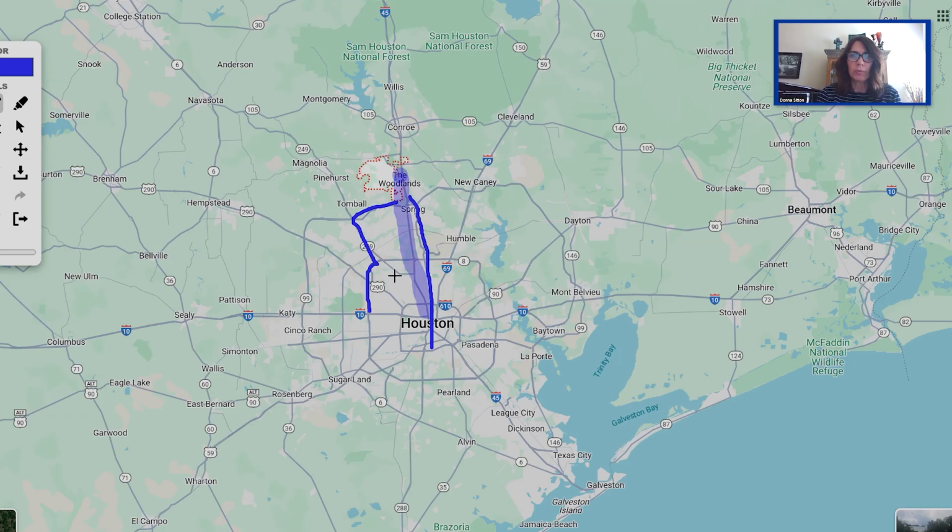This is the Beltway. This loop right here is the Beltway. It goes all the way around. We have a loop system here in Houston. So with our freeways, as you can see, you have the 610 loop. Everything inside the 610 is called the inner loop. Then you have this outer loop. And then we've created this other outer loop with 99. It's kind of handy. Then you have all these little chutes to get you in. The problem is this 99 is all toll road, so it can get pricey if you need to drive long distances. All right, now to get to Conroe, you just shoot up here on 45 and you're in Conroe,